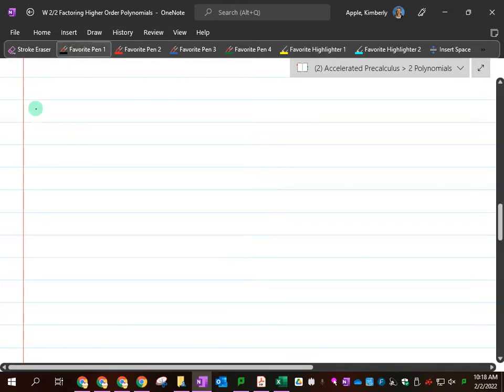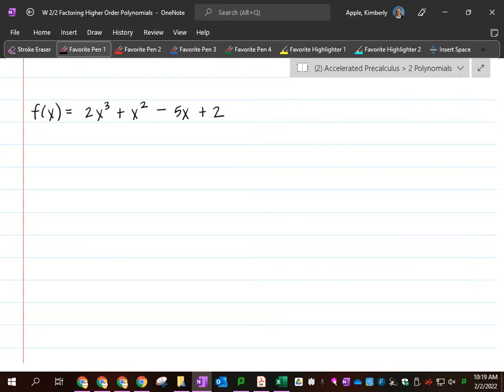Let's try one where I don't give you a root, and let me teach you how to do that. So this will be the other type of question that you'll see, where I'll be like, factor it, solve it, and sketch it, right? Okay. So the issue here